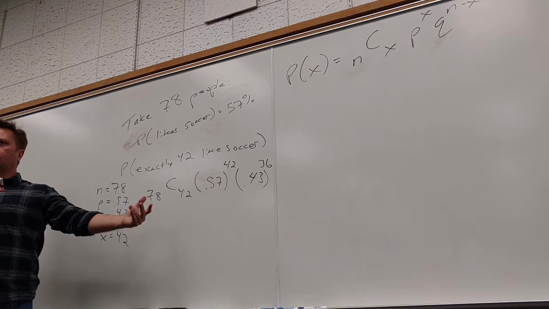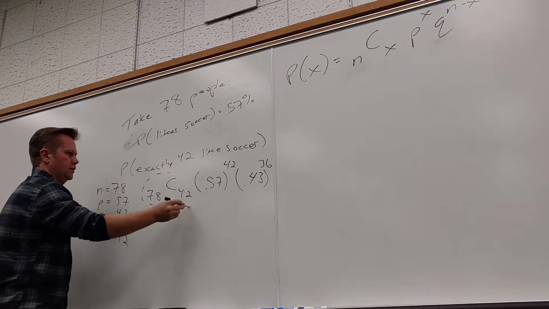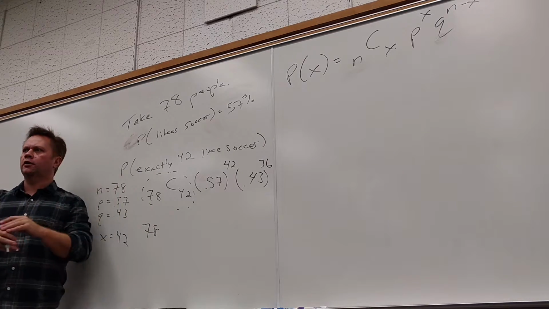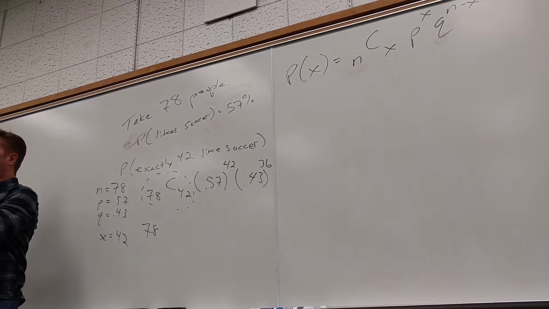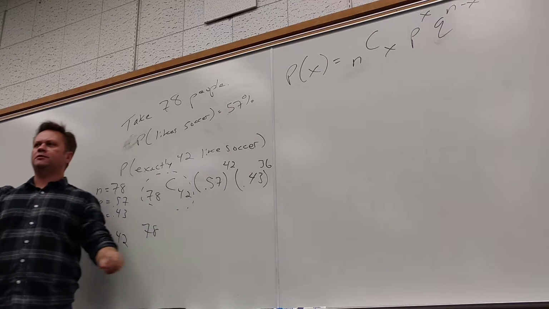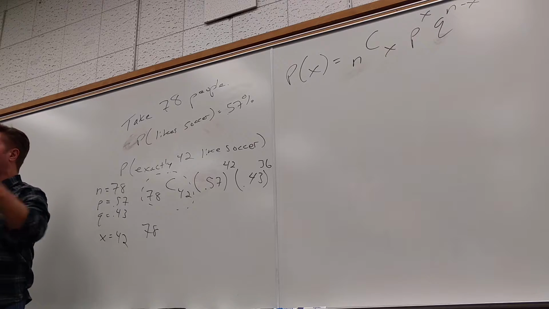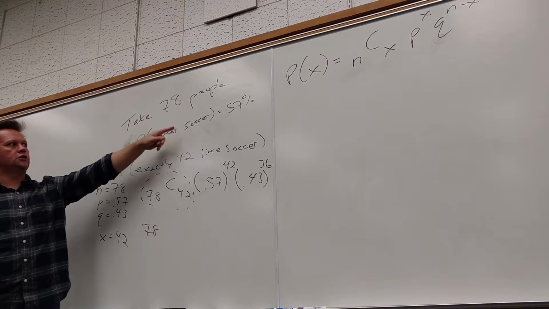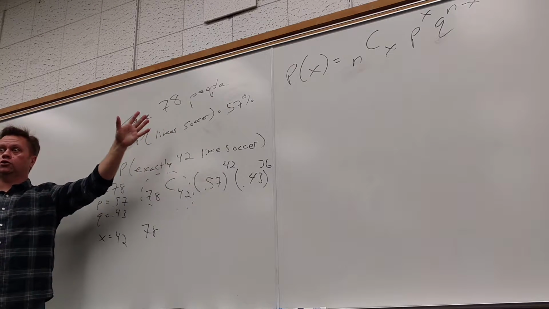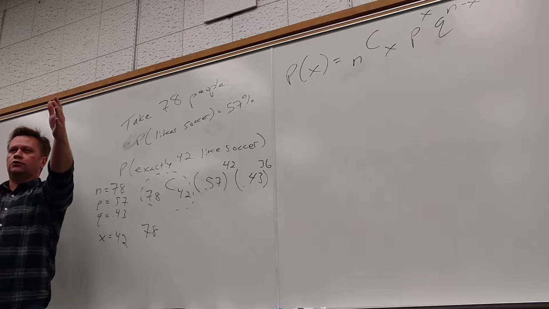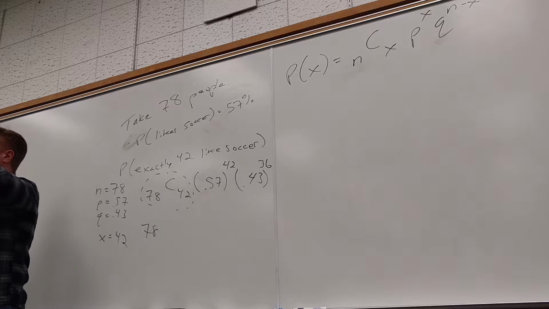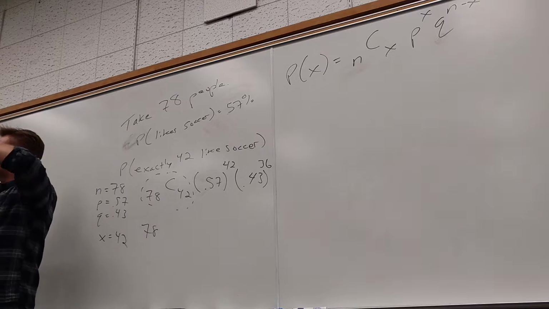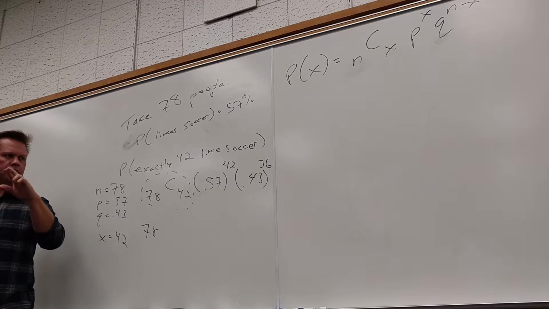Cool. And where do you find this here? I think on the paper I actually tell you which buttons to press. That's one of the first times you see me accepting that we're going to push buttons to get something, because what is it actually doing? Counting how long the list would be of all the ways you could do this. So this is going to be huge. You got 78 people, you want to choose 42, so it could be the first 42, the last 42, the middle 42, the first 4 and the last 38. The first 4, the middle 5, oh God. That's going to be a crazy big number. Hopefully I didn't make the numbers come out.